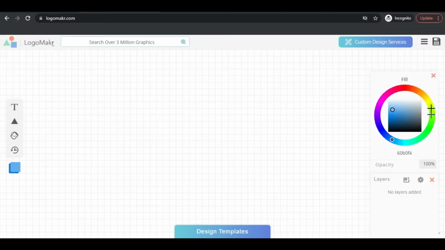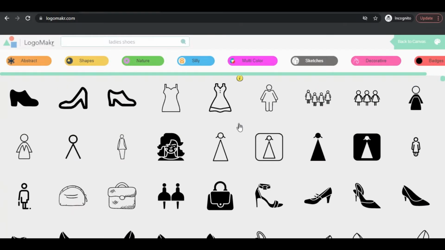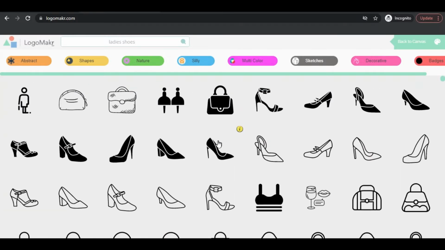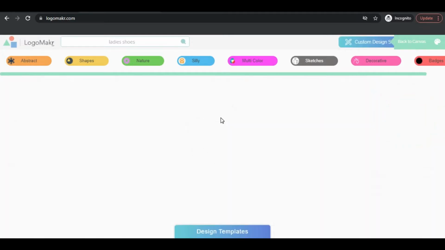This right here is the color wheel, and the color wheel enables us to change the color of our elements. Now I want to design a logo. I want to design a very beautiful logo for my shoe business, and it's on ladies shoes. So I'm going to use the help of this search box right here to search for something very specific. I'm going to type in ladies shoe and let's see what the results will be. Okay, so I have a couple of ladies shoes. I have a lot of suggestions I can use, and I think I like this particular one,